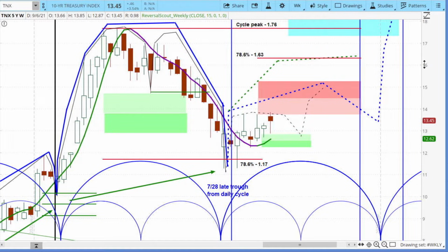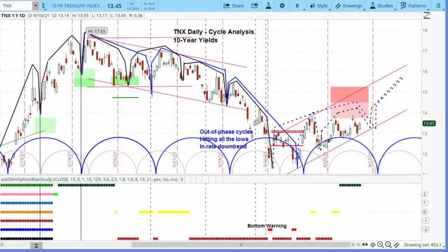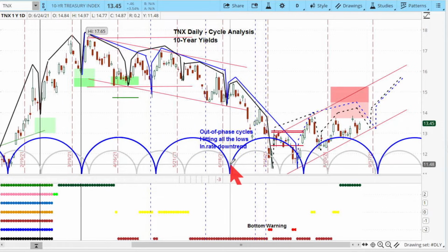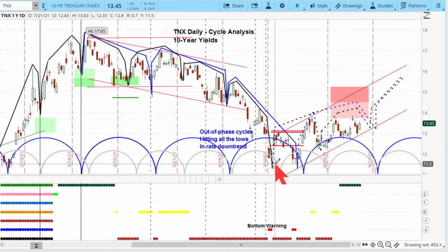I'll show you that. So now we're going to move to the daily chart right here and look at this phenomenal chart. You have actually what we call out of phase cycles in here. In other words, there's a minor cycle and there is a dominant cycle, and when they nest together you usually get some important bottoms like you did right over here. When they're both moving down together like here and here, you got two lows that pretty much hit that expectation,